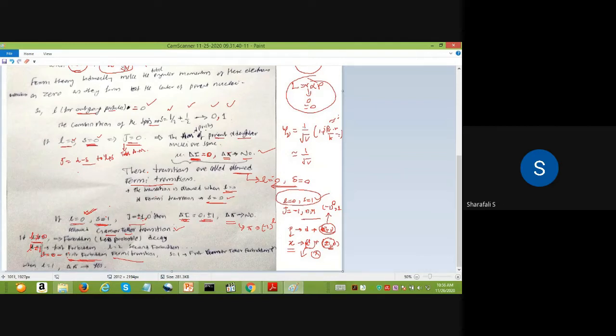If you take L equal to 1 and S equal to 1, then it is first forbidden, because it is L equal to 1 value. And since S value equal to 1, it is Gamow-Teller. So it is first forbidden Gamow-Teller transition or decay process. So that is about that.